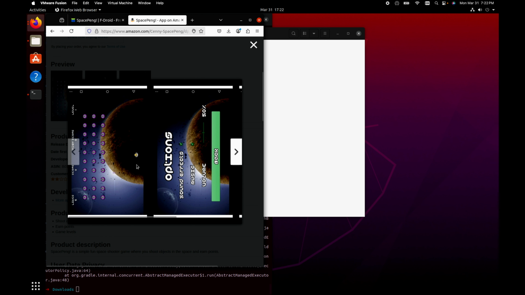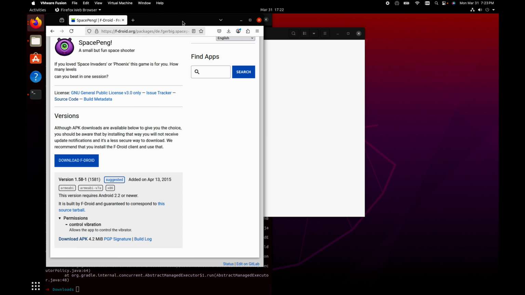You're this UFO. I don't feel like rotating this image, but you can see you're this UFO, and then you shoot these aliens, and bigger aliens come down, bosses, and they throw things at you. You got to avoid them. So you can see it's a pretty simple two-dimensional game. Alright, so now that I have it downloaded,